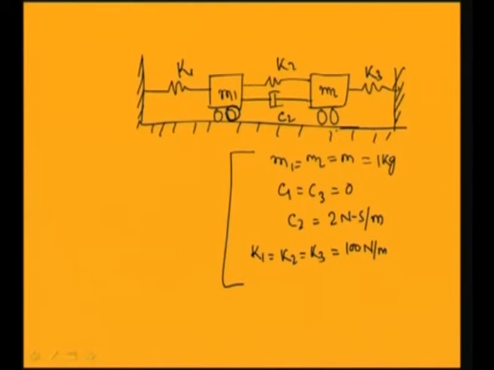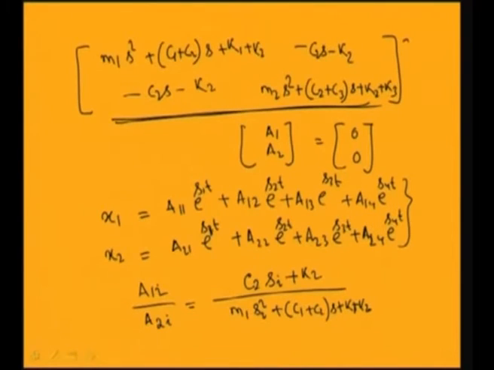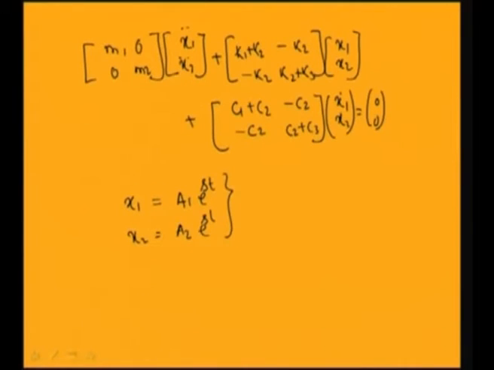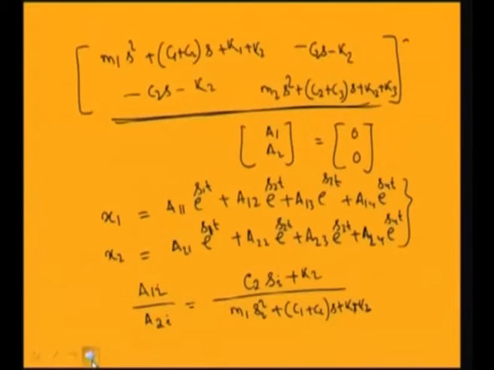So in this case, you already know the equation of motion, which can be written in this form: m1 0 0 m2, x1 double dot x2 double dot, plus k1 plus k2, minus k2, minus k2, k2 plus k3, x1 x2, and for damping. So this equation is reduced, so I can write this equation in this form. So for this case, this is equal to m 0 0 m, x1 double dot x2 double dot, plus